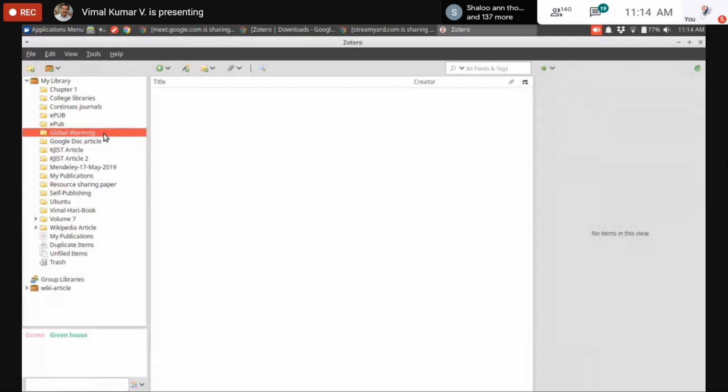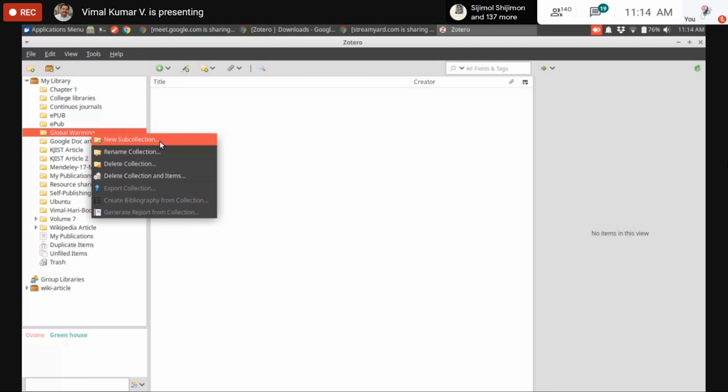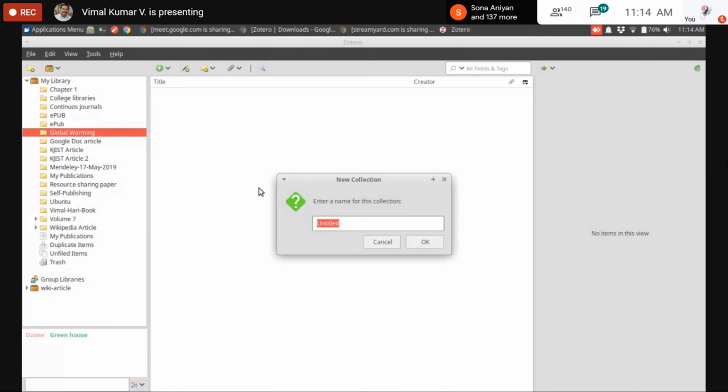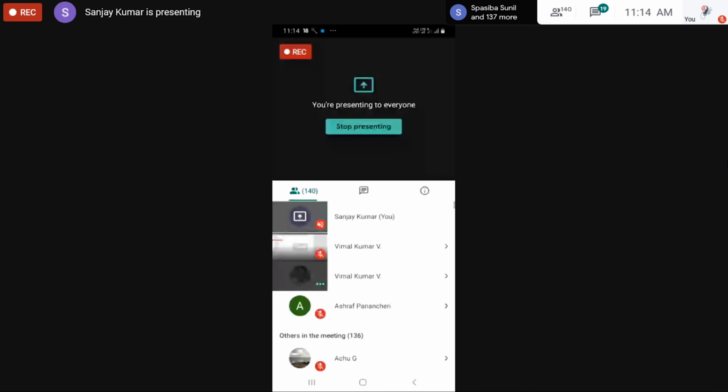In a broad subject, you have to arrange other subtopics inside the collection. That is called a sub-collection. Suppose you are going to create a sub-collection for causes of global warming. Click on the global warming collection and select new sub-collection. You have to name it causes of global warming.